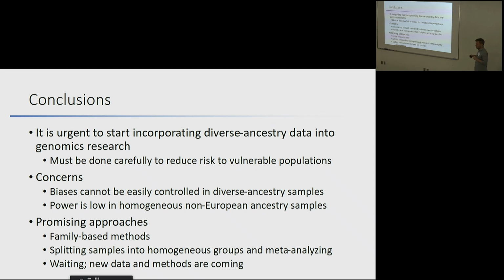So in conclusion, it really is important. So I've been saying it's all hard, there's no solutions, but it's important for us to figure this out because the questions that we're interested in as economists, hopefully, are helpful and applicable to the entire population, and we can't currently study the whole population at once. And so, how are we going to get over this? Well, family-based methods are great. If we can't do family-based methods, I think the next best thing is to maybe split your data into homogeneous samples and then meta-analyze when you're done.